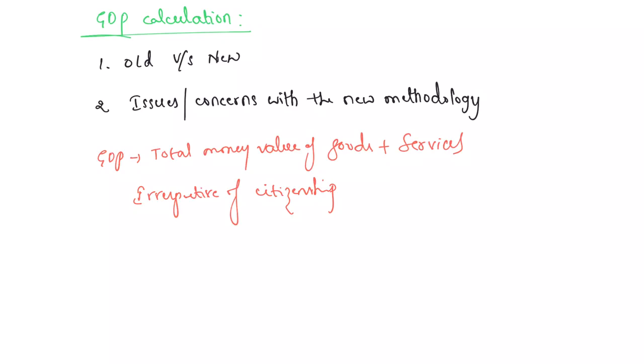And now we should understand the difference between the old and the new methods. In the older system, IIP was used to measure manufacturing and trading activity. And this accounted for the volume changes but not the value changes. In the newer methodology, we use the concept of GVA, that is gross value added, which measures the value addition done to the economy.